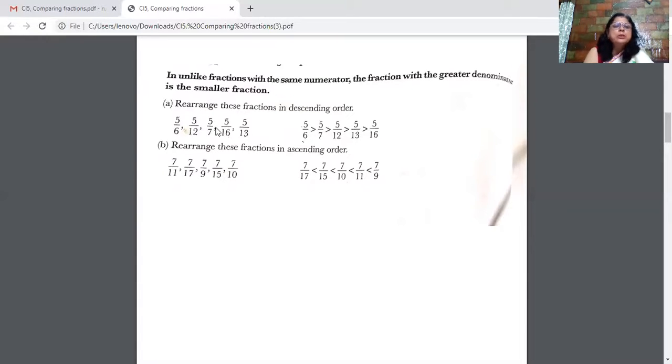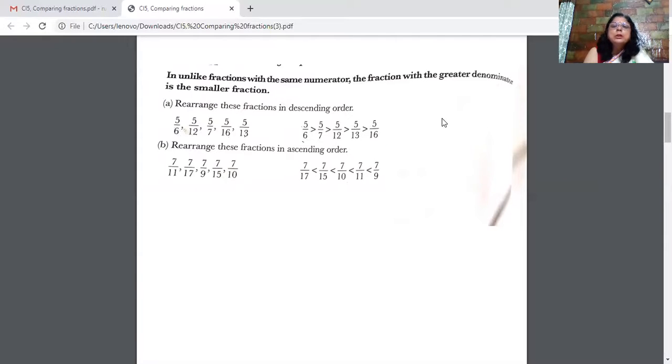So another way you can do is you draw rectangles of the same size. How many rectangles will you need to represent this? 1, 2, 3, 4, 5 rectangles. So 5 rectangles you draw, they must be of the same size. That is what, children, you must always remember. And when you're dividing a rectangle into parts, it must be equal. So the first rectangle you divide into 6 equal parts. So you draw a vertical line, 6 equal parts.